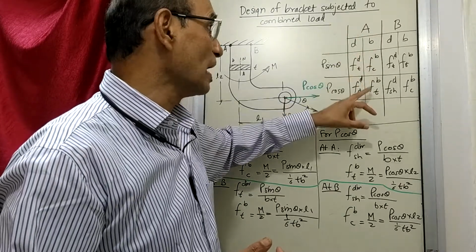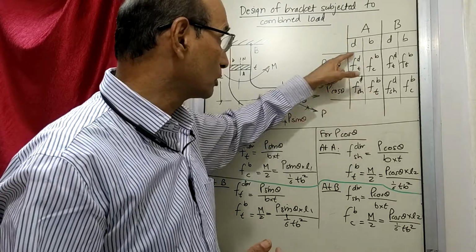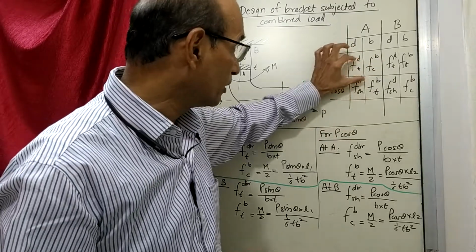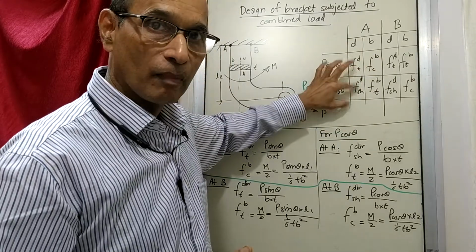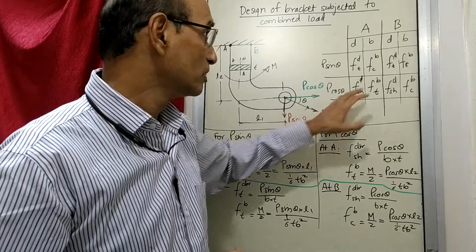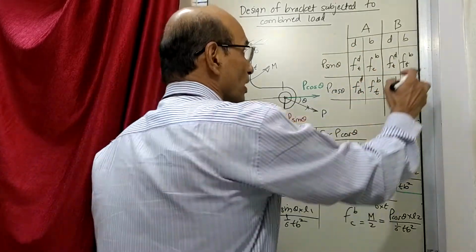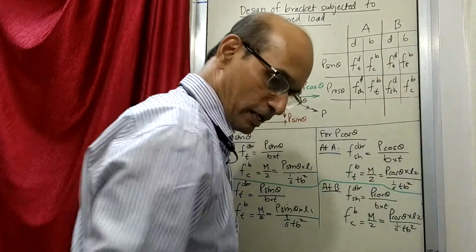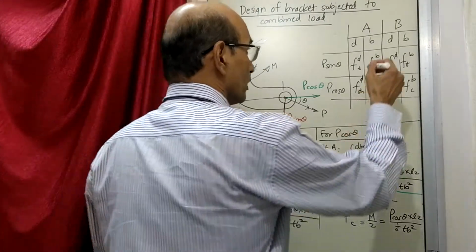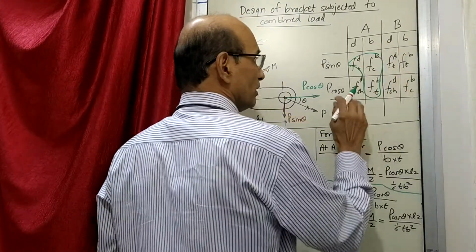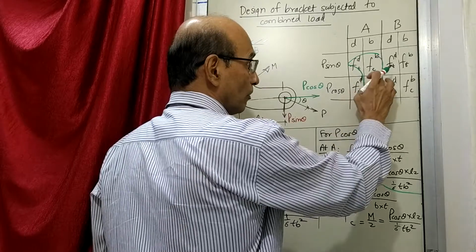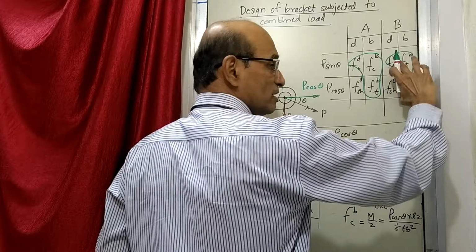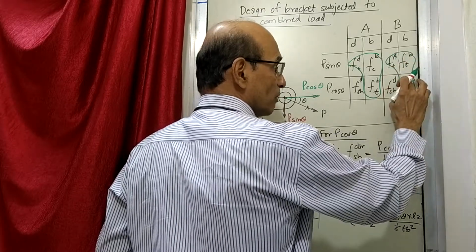So induced stresses at A will be, these are the either tensile or compressive total, and then there is a shear. So the effect of these three is added in this by the square root formula, that will be the total stress. Same thing here. Here what will happen when you add all of them? There is a tensile, there is shear, there is a compressive. So these three again are to be added, and then this is to be combined with this by square root equation. Similarly here, these three things are added, and this is combined with this by square root equation.